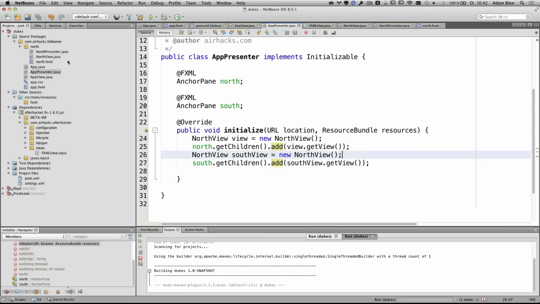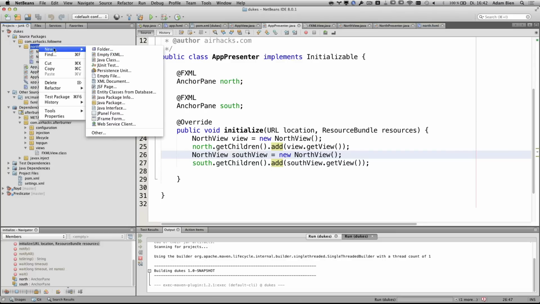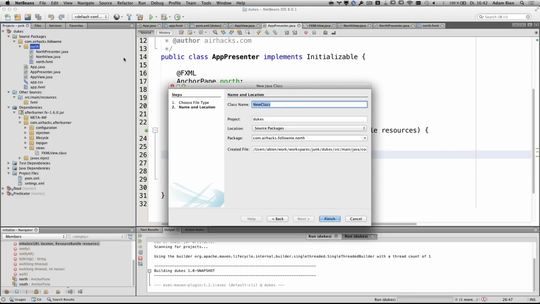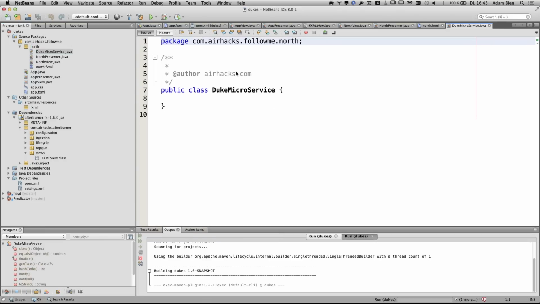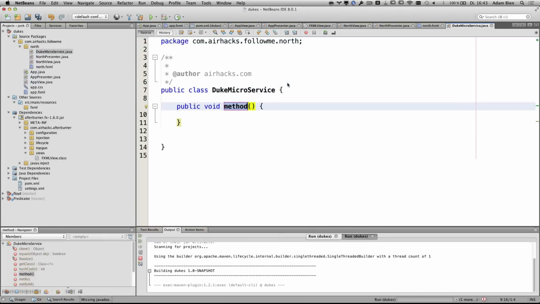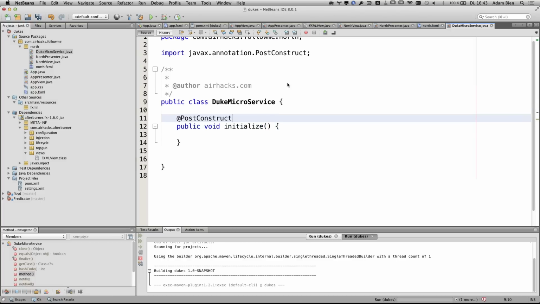And now something you also usually have is communication with the backend. And this is a usual Pojo. I call it Duke service, of course, Duke service. No, Duke microservice. We don't have any services anymore. So now you can claim you are also in a microservice talk. So it's called initialize and PostConstruct and